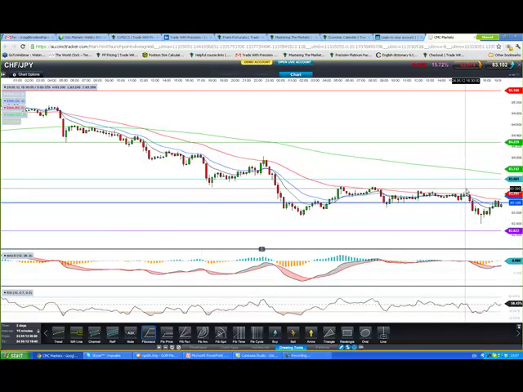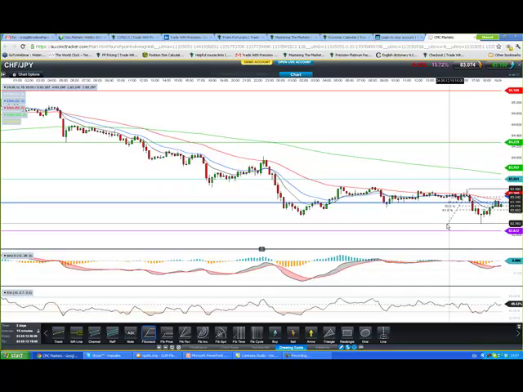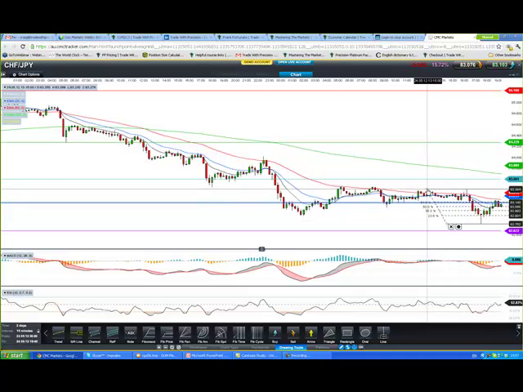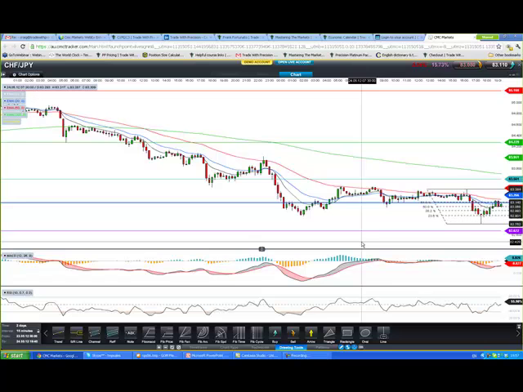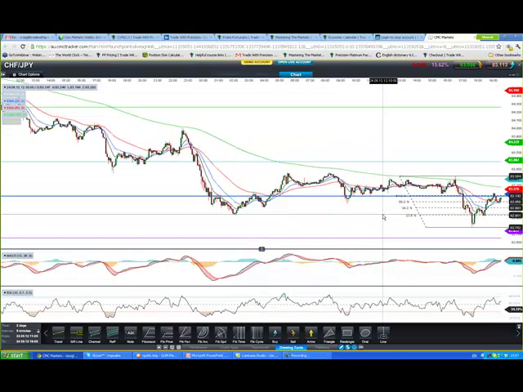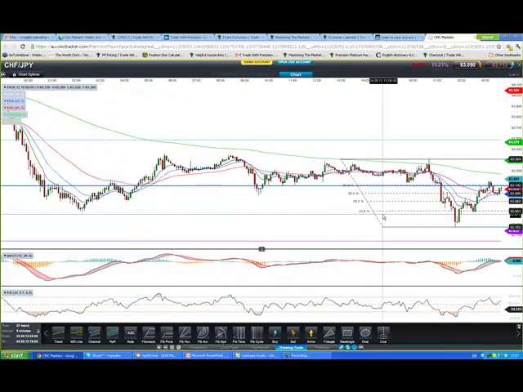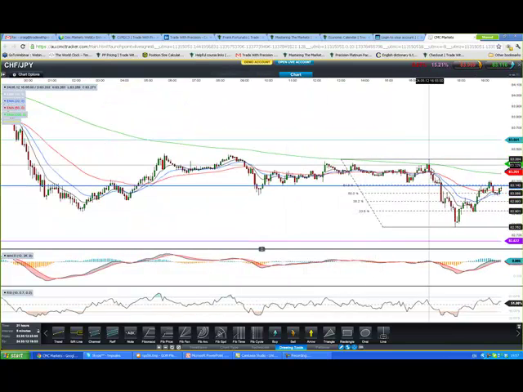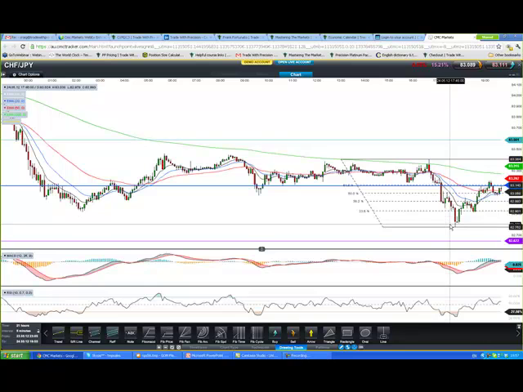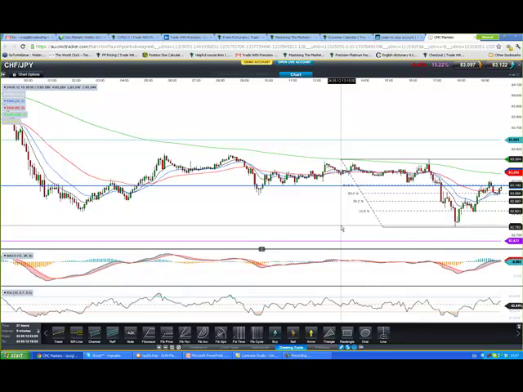Before I say that, let's just check this Fibonacci out. From there to there. Oops, drag it that way. That's what I want. Okay. So let's paint a picture. We've got support that got broken. We moved lower. There was a nice little break of that. We had a good move. That was one of those trades I was saying before that happened before we actually got the opportunity. I'm not hindsight trading at all.